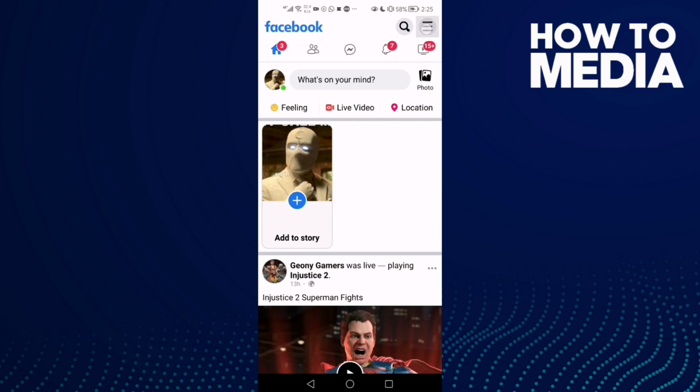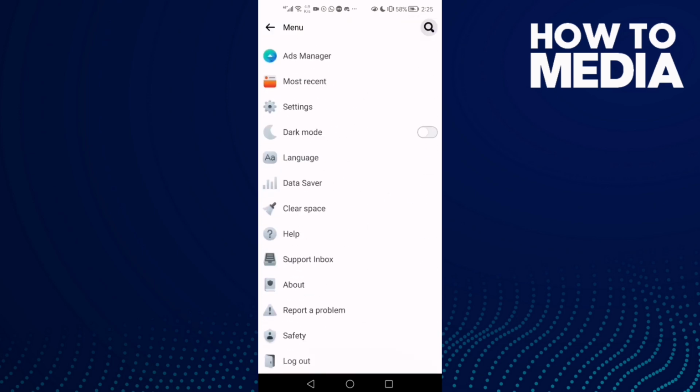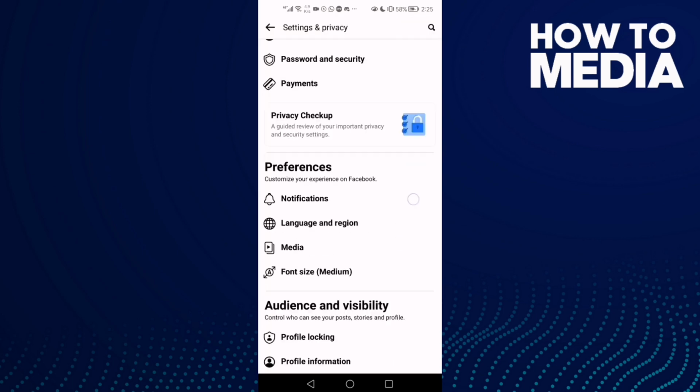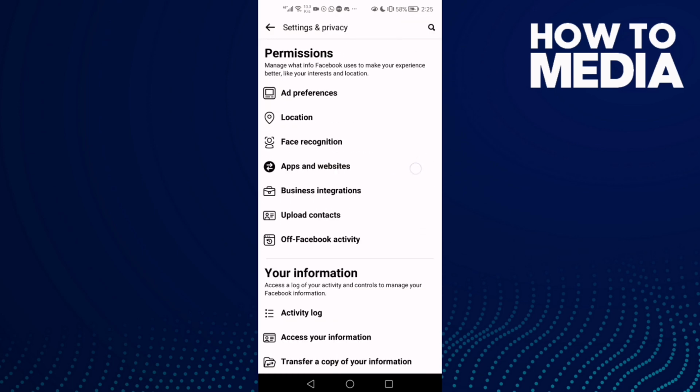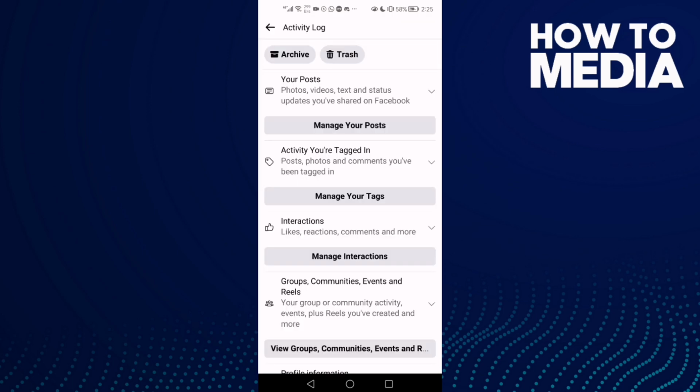First thing, go to Facebook Lite. Here you will find these three lines at the top corner and go down until you find settings. And now go down again. Here you will find settings, activity log,